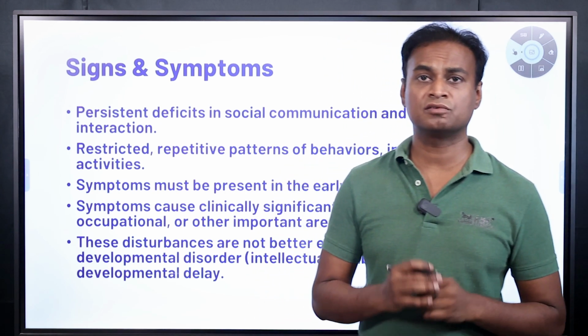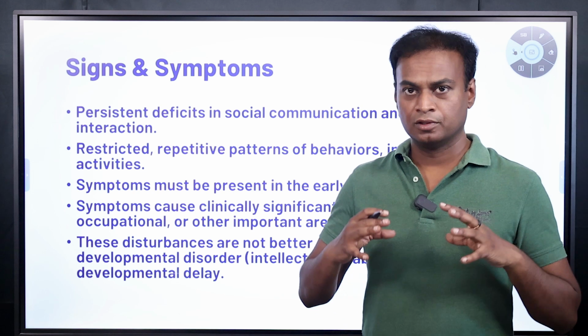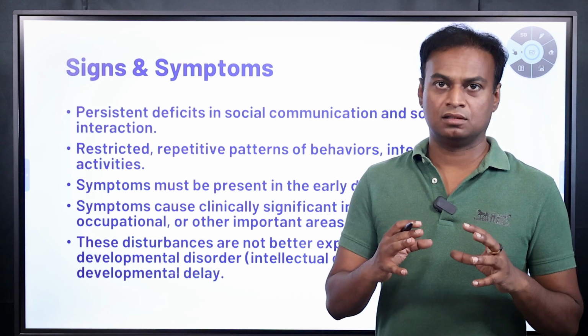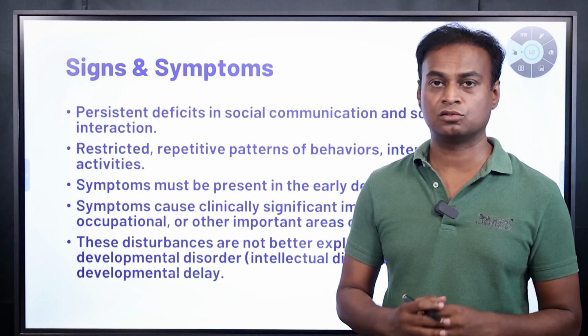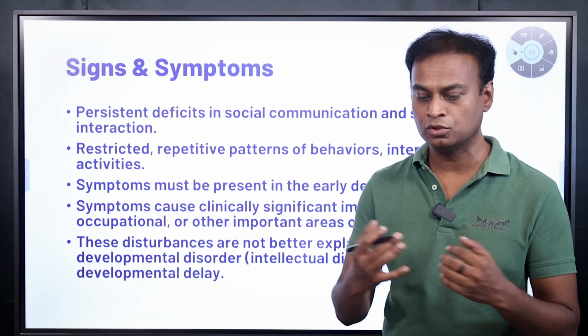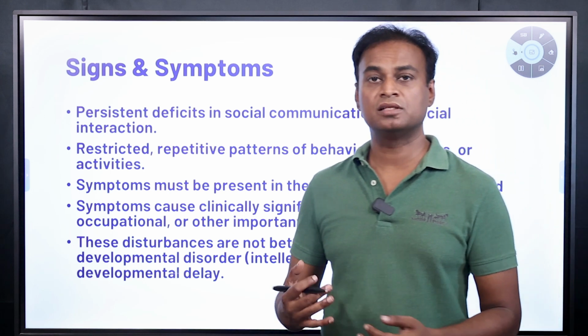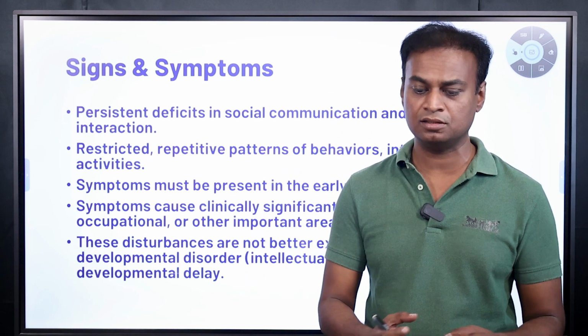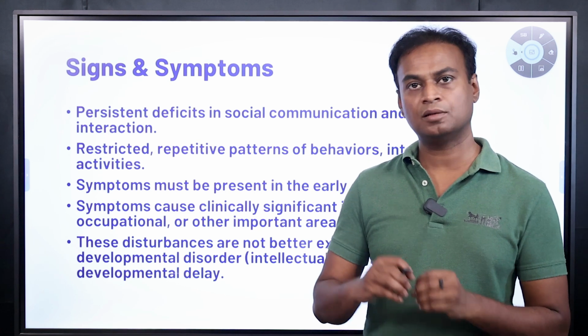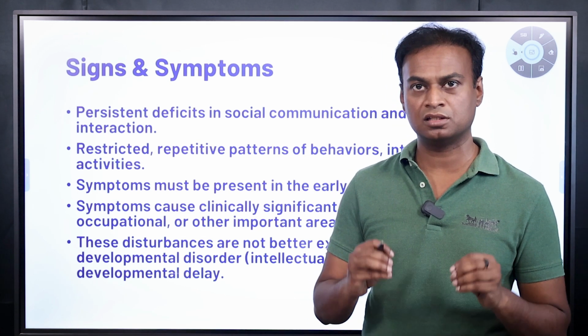Next one is absence of interest in peers. Normally kids play well when they are with other kids of the same age. But these kids are not able to gel with their peers. They are not able to understand their language, they are not able to communicate. That's the reason they are not interested in the peers, or in the kids of their own age.